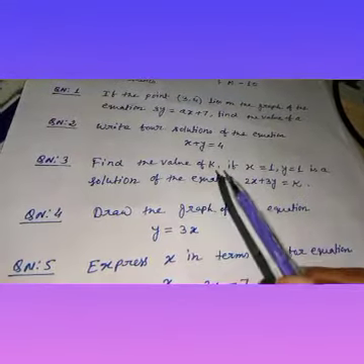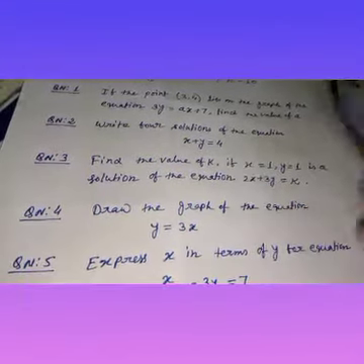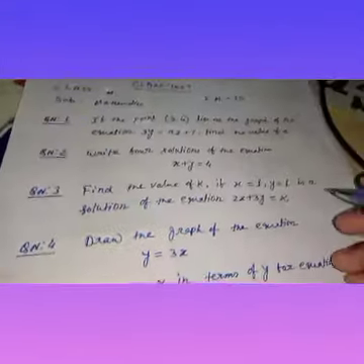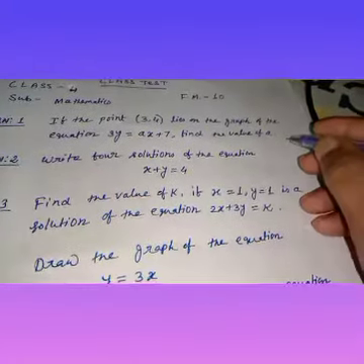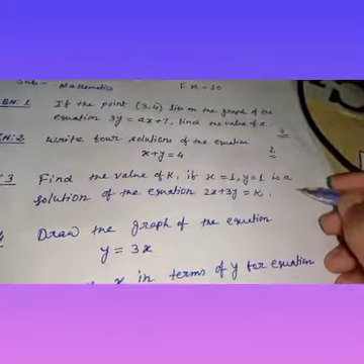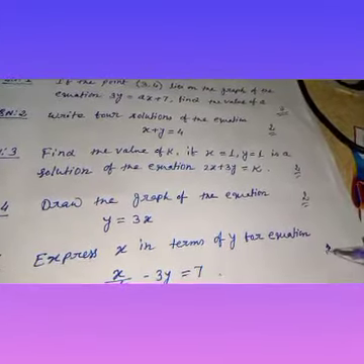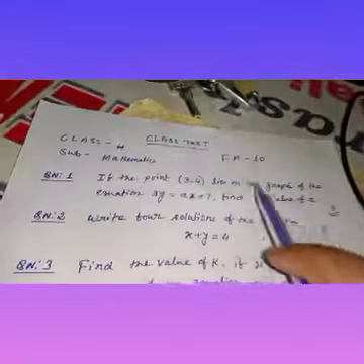Here there are how many questions? There are 5 questions and each question has 2 marks. Then 2 fives are a total of 10 marks. I mean to say, this is 2, this is 2, this question also has 2 marks, 2, and this is 2. The total marks is 10.